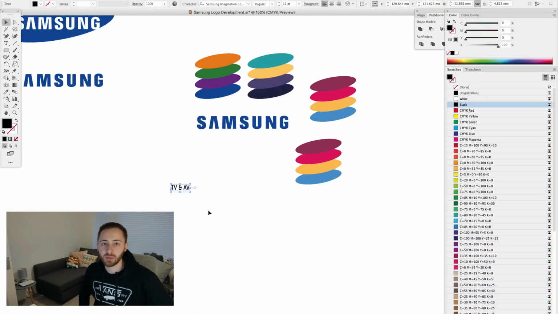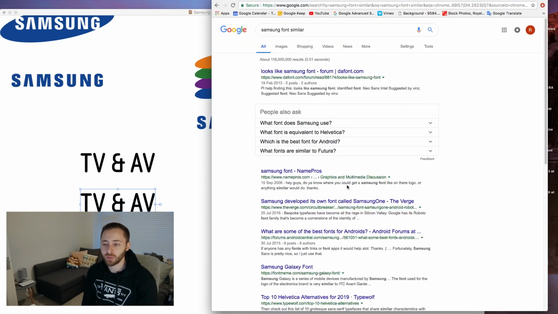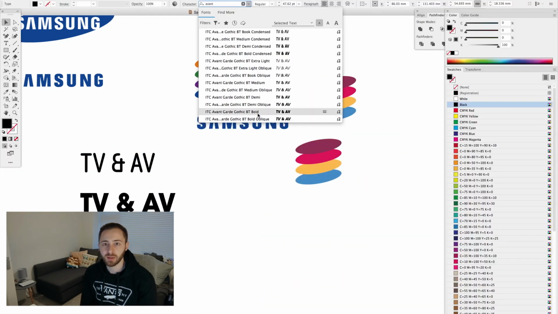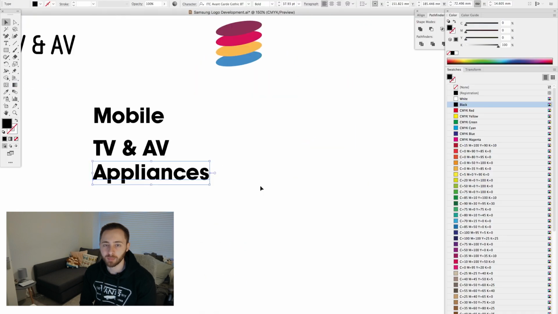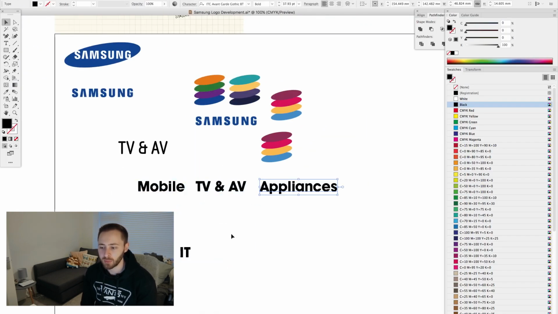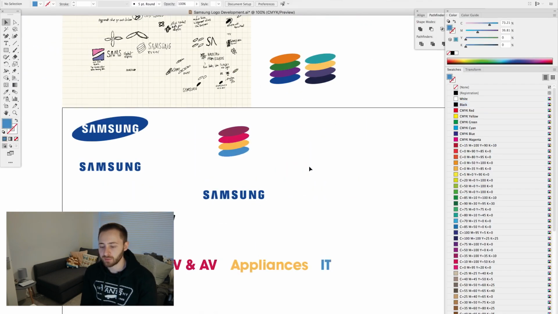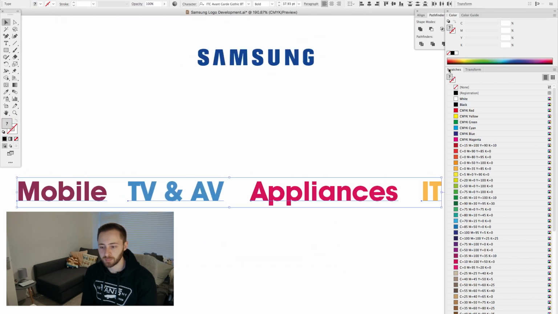So once we got the colour palette sorted, we were looking at finding a font that's similar to the one on their website. I think they use a bespoke font that I can't get hold of, but closest font was Avant-Garde Gothic Bold. So I just wrote out the 4 divisions in that font and colour coded them, and then